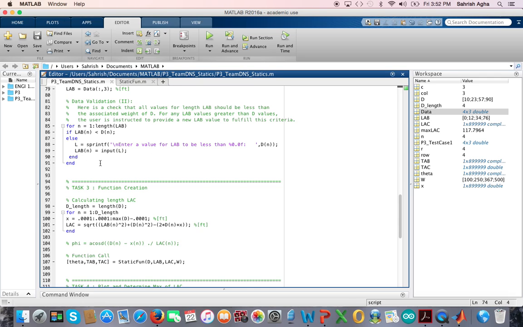And we did it using this for loop with a nested if-else statement. If there were any values that were greater than D, for example, we asked the user to go ahead and enter in a value for LAB that is less than its corresponding D value. Okay, that being said,